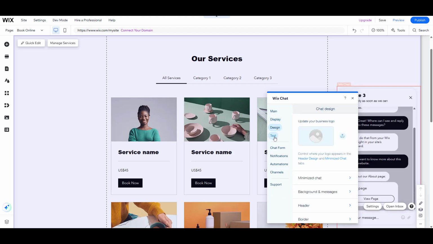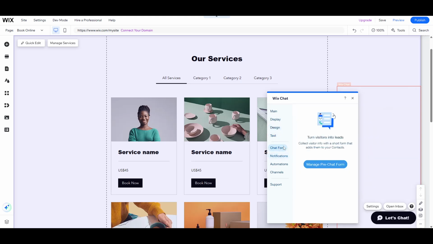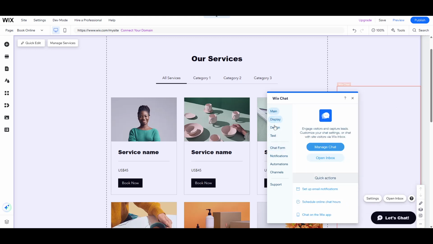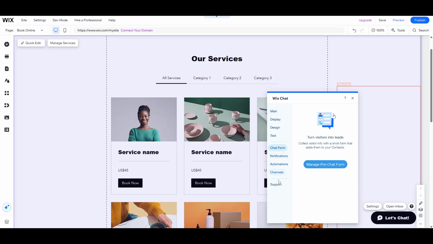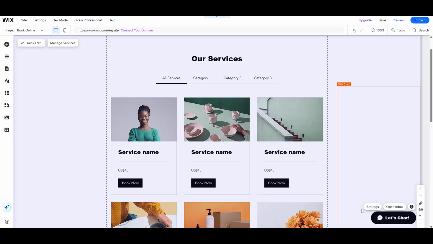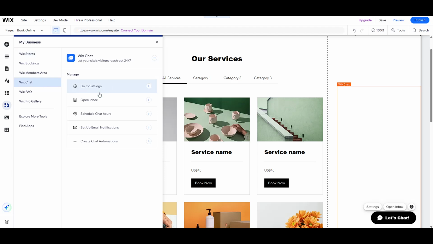Beyond the visual aspects, you also have the flexibility to optimize Wix Chat by customizing your chat settings. If you have specific hours during which you're available for live chat, you can set scheduled chat hours. Additionally, consider adding pre-chat forms to gather essential visitor information, or even incorporate FAQ buttons to address common queries faster. By taking the time to tailor these settings to fit your needs, you'll ensure that Wix Chat works best for you and your visitors. And with that, your Wix Chat is ready to go, creating a welcoming space for visitors